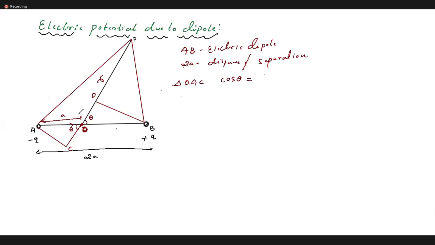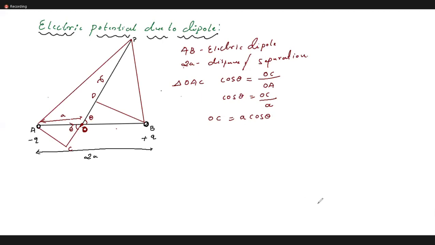Okay, this is also a. This is the middle point. So cos theta is base by hypotenuse, then OC by OA, so cos theta is equal to OC by a, small a, right? Or else let me write it as OC is equal to a cos theta, right? Yes, ma'am.